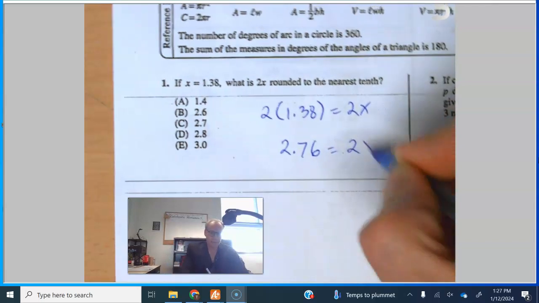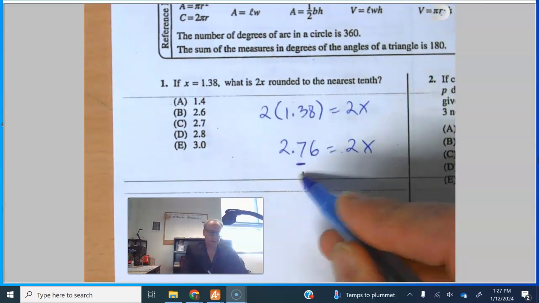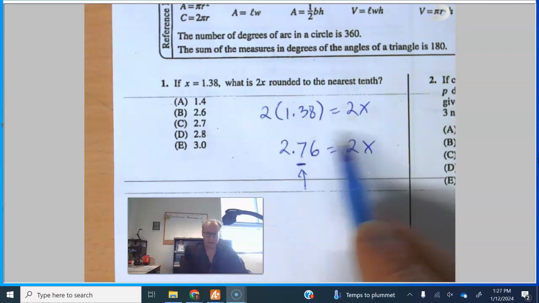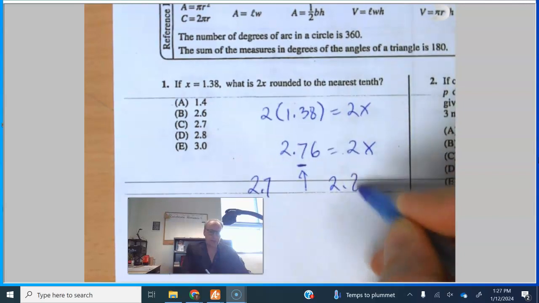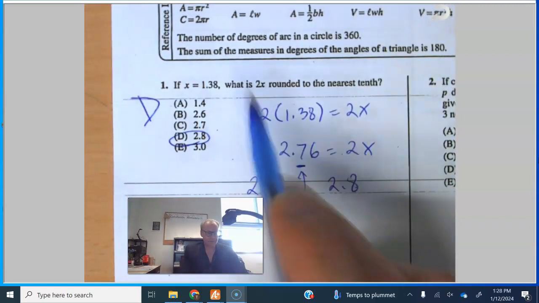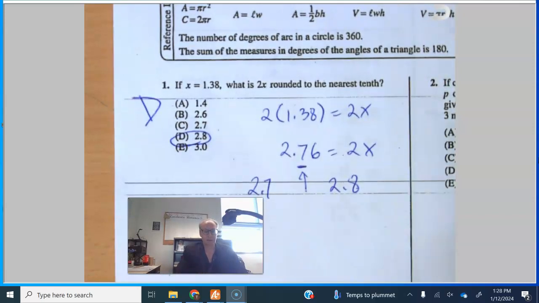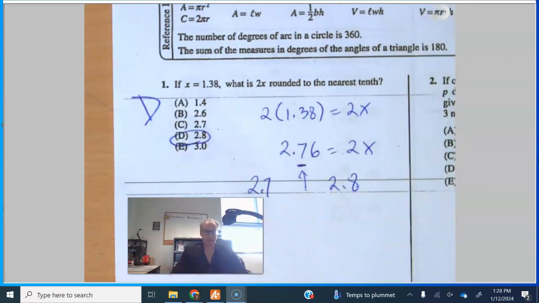This is 2x, and we want to round it to the nearest tenth. So I want to see that the 7 needs to be rounded up to the 8. In other words, this number is between 2.7 and 2.8, and because it's closer to 2.8, that is our answer, and we move on. You'll notice that I like to write my letter next to the number. This is probably not going to be applicable anymore since they started doing stuff online. But I recommend that you do the same thing on your scratch paper so that you know what answer you